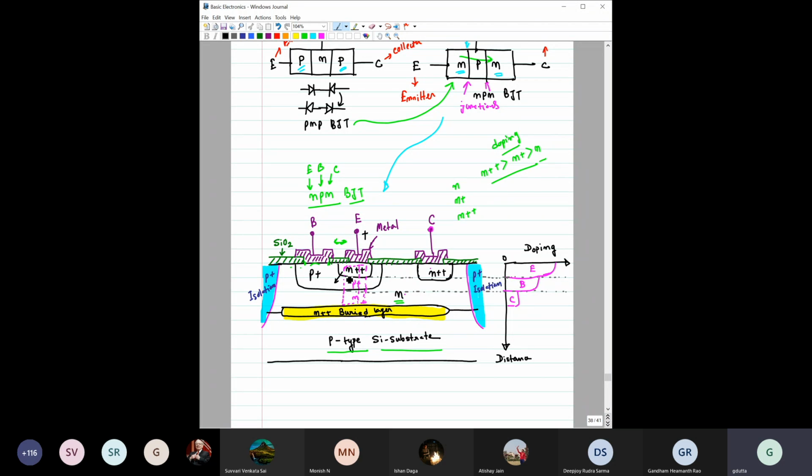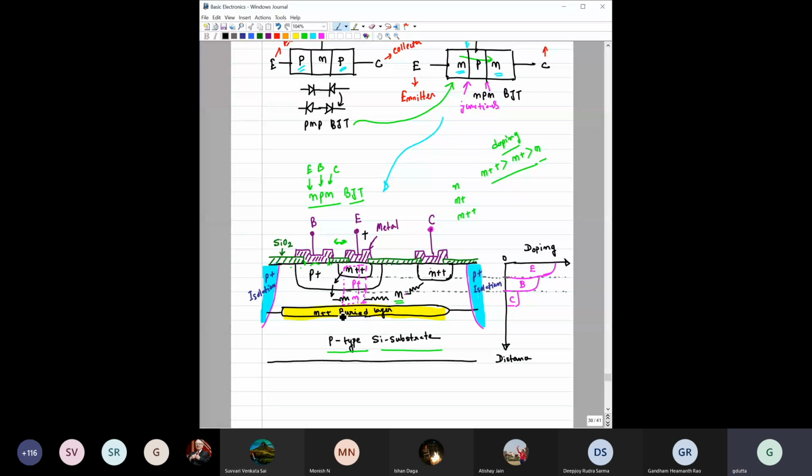Okay, so the electrons would be injected, right? Suppose the electron is injected like this, it is Pn, and then it will cross this base and reach this collector, right? When it reaches this collector, if it has to come all together this way, then this is the N region, right? N region means low dope region, right? Low dope region means it will offer a higher resistance,